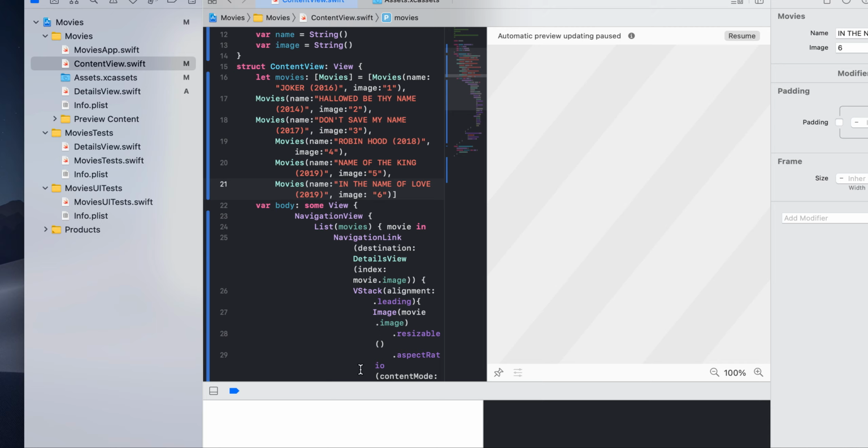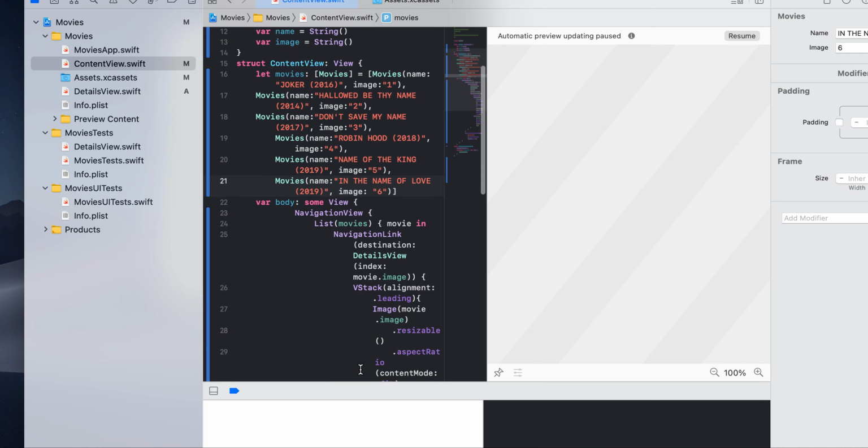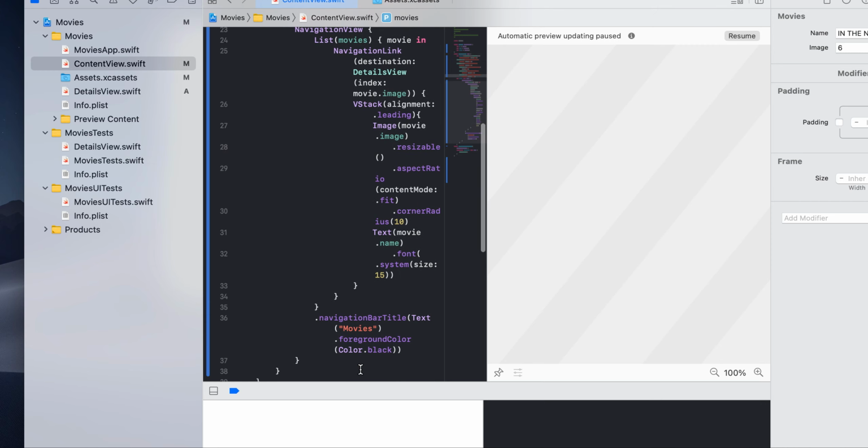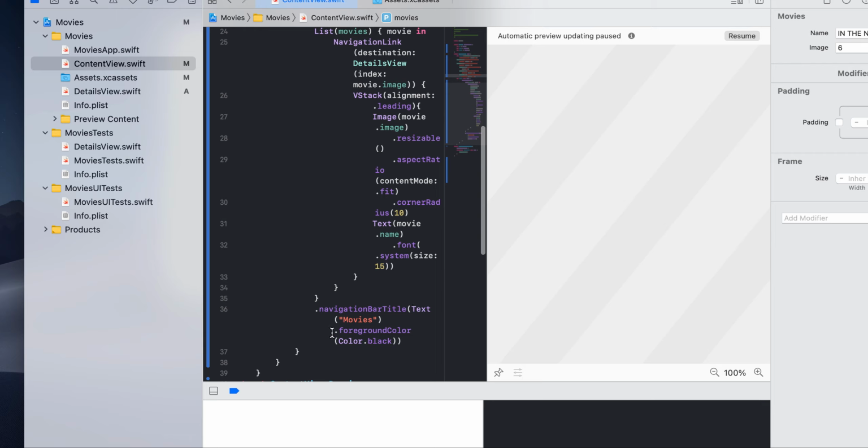Okay, navigation bar title. Instead of heading, we should say title. So navigation bar title, text movies. So movies will come as a header, and the foreground color of that is going to be black. That is, the movies will be colored in black.